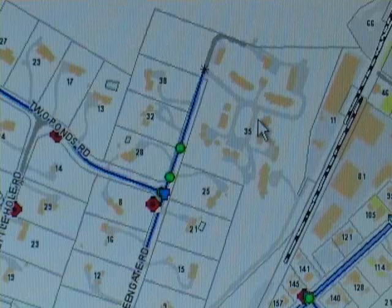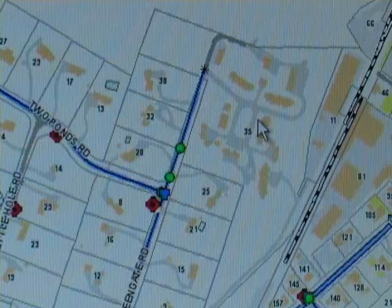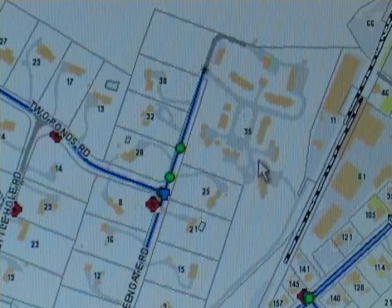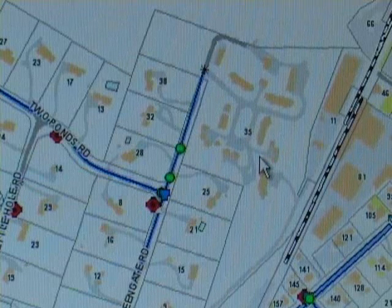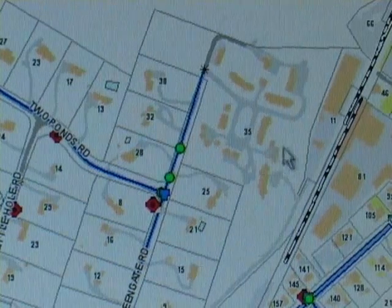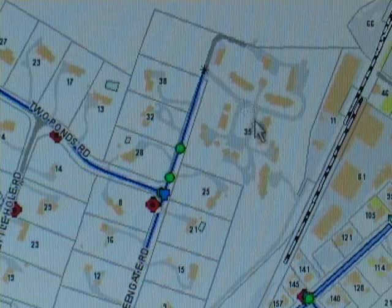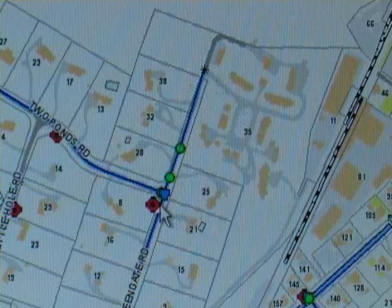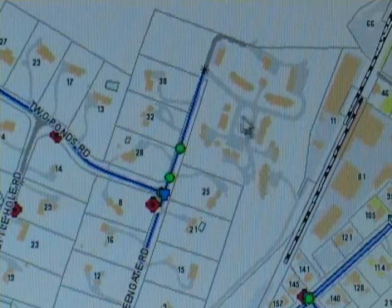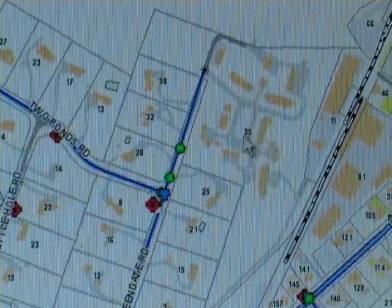We get a call in there. Now we subsequently have to call for a second engine to come, which is going to take 4 to 6 minutes before the second engine comes, and they have to grab this hydrant and lay in. So that's just something we have to keep in mind. Obviously we want to put our attack lines into place pretty quickly, but on the other hand, you may want to just backtrack real quick and grab that hydrant and lay in. I'm not saying that may be the best scenario, but depending on our circumstances, it may dictate our